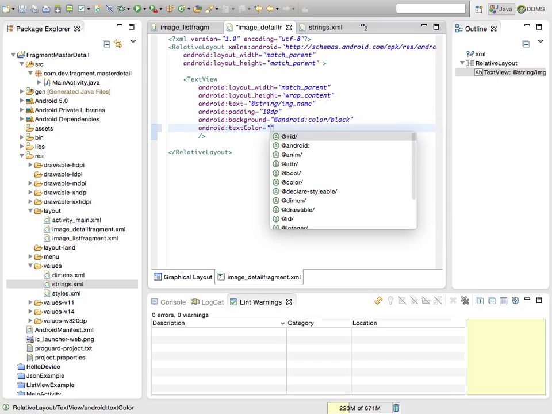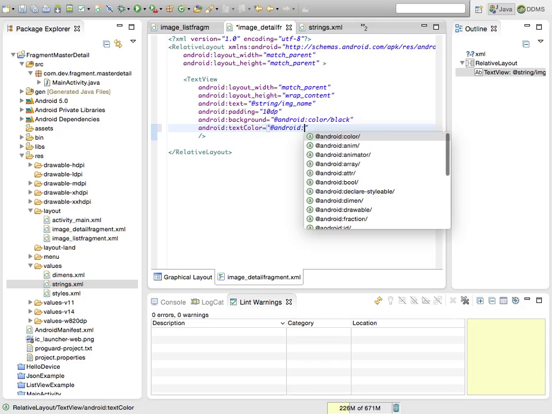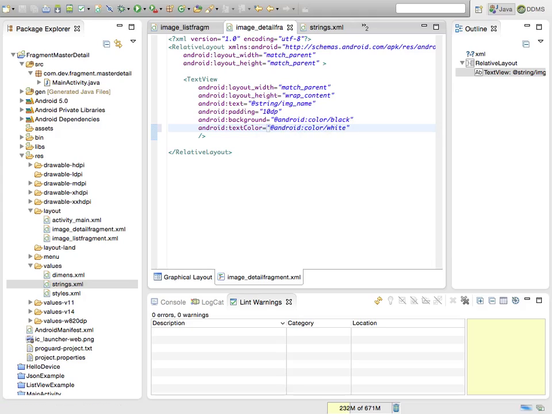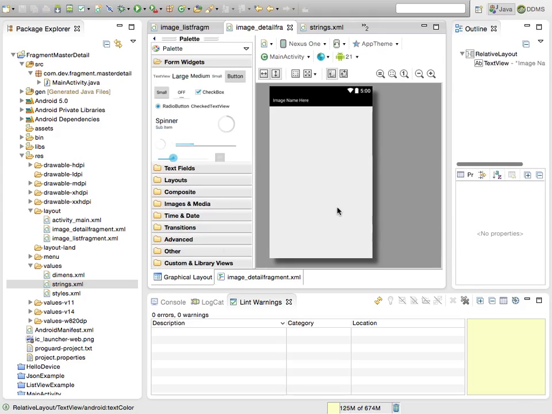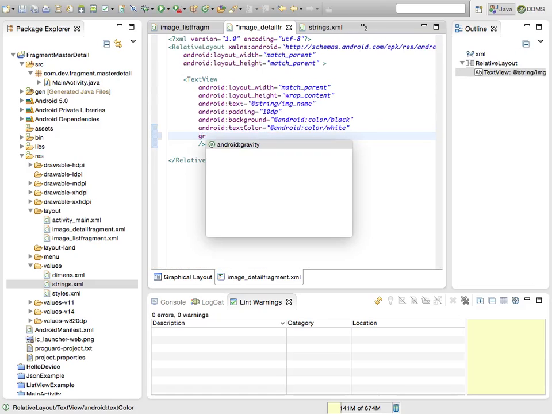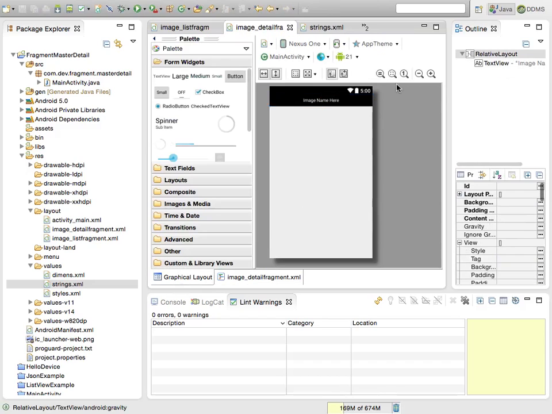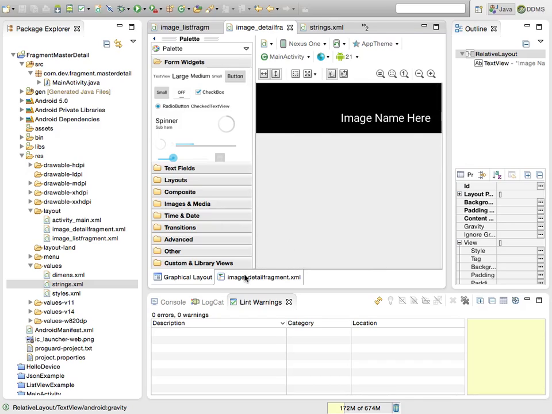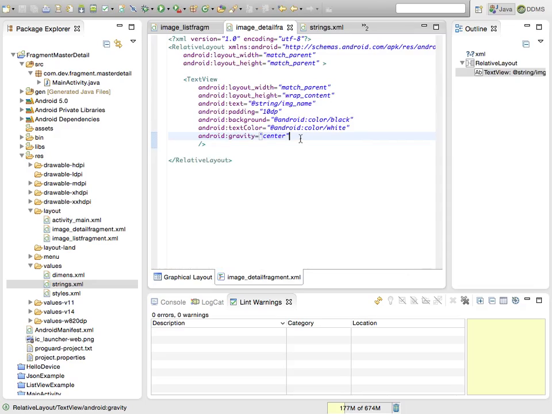Just trying to decorate. I can use safely white and black, so contrast look and feel. Okay, and since it's a relative layout, I'm going to keep one layout or widget as a sticky, or in this case